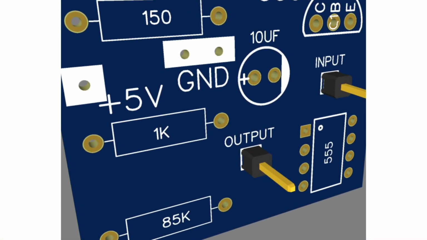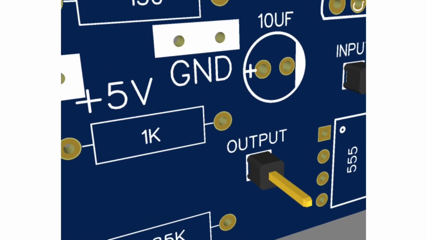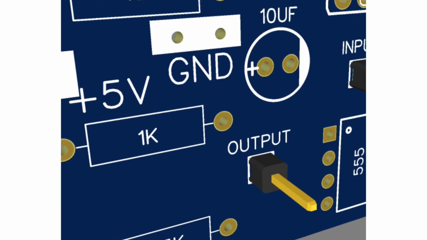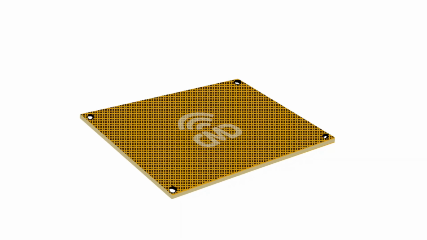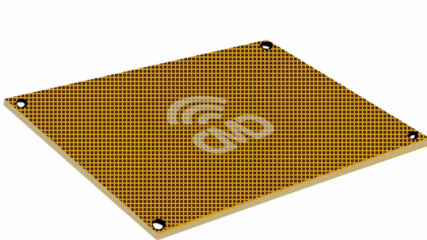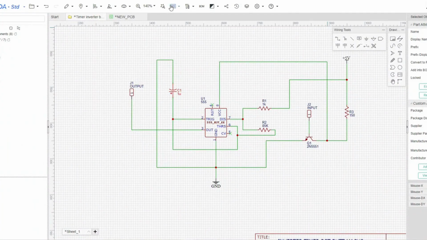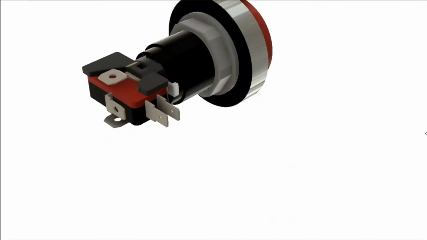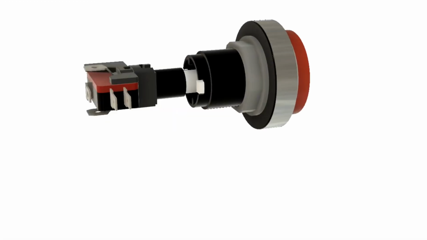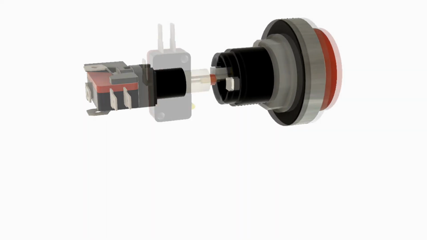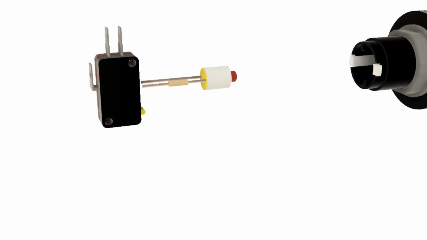You don't have to have a PC board to wire these components, but it will make it easier. You can also use a perforated board and solder all the components to it. If you want, you can pause the video and use the schematic as a reference to build the circuit. I'm using an illuminated arcade button with a 12-volt LED, but we need the LED to work with 5 volts. You can disassemble the switch and change the resistor with the correct one, usually a 330 ohm, 1/4 watt resistor on